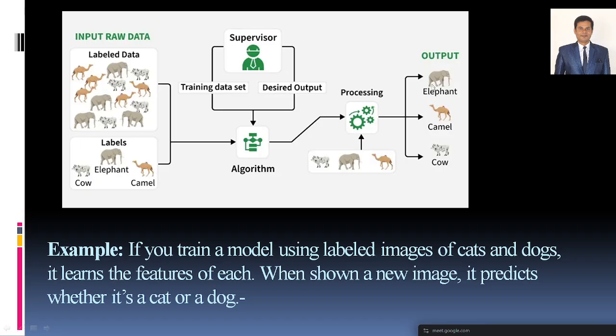Because the data are already labeled, like lithium, fuel cell, and ultracapacitor labels, based on the algorithms you have to develop those models, and it will try to process. If suddenly new data come, for example, old batteries data or new batteries data, it will try to understand and predict exactly what output it has to give. That is how supervised learning works. Because you have to learn this in batteries also.